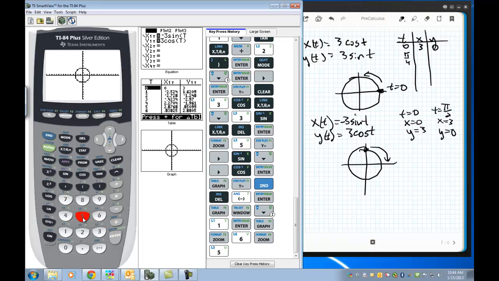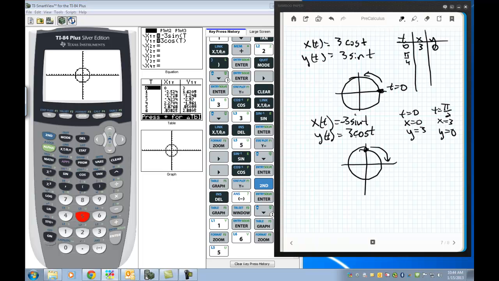Okay? All right. Now, algebraically, why is this a circle? This is really important because they just kind of threw it out there. So easy. Watch this. I know that if x of t equals 3 cosine of t and y of t equals 3 sine of t, doesn't really matter, and I'll show you why in just a sec. Do you guys agree that x thirds is equal to cosine of t and y thirds is equal to sine of t? You agree with that? Well, if that's true,